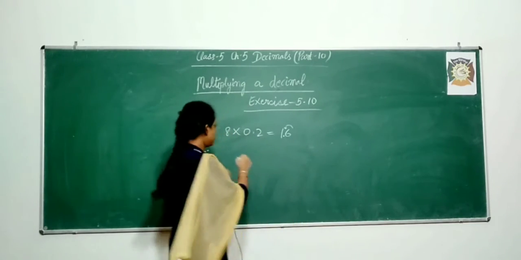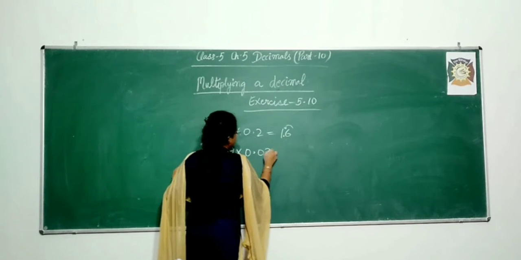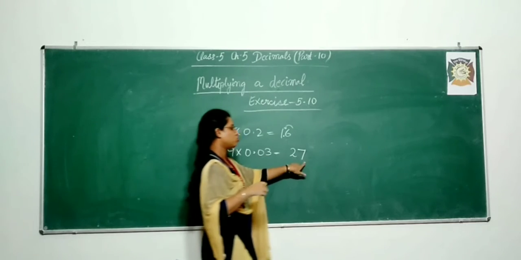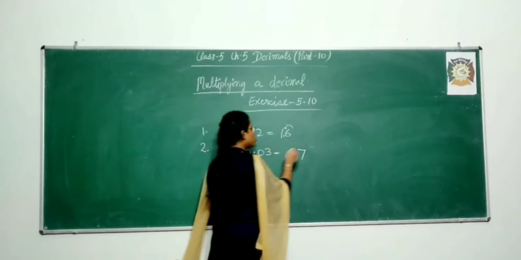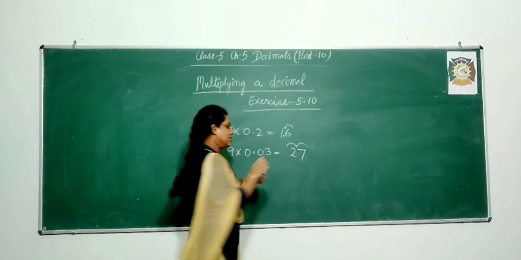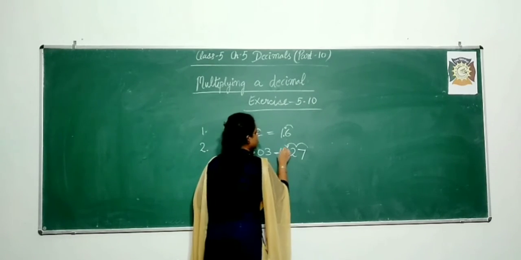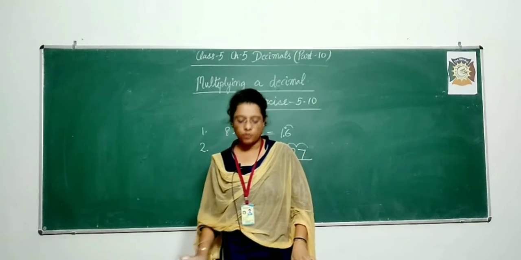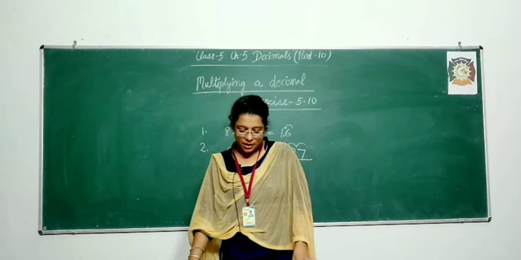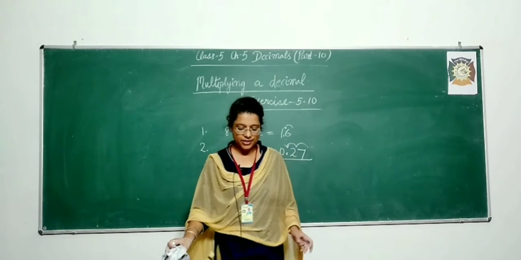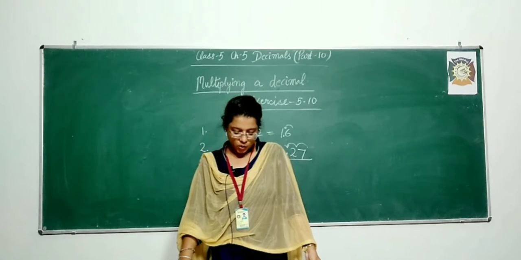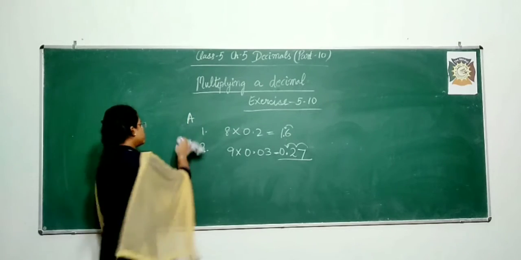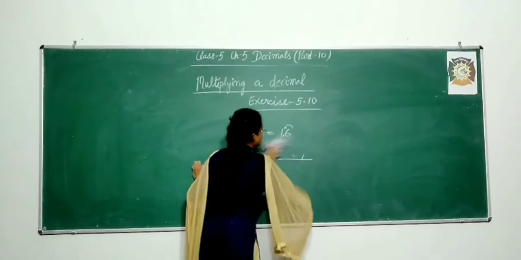Okay. Let's do some more parts. It is 9 into 0.03 equal to 27. Since there are 2 decimal places in the question, in the answer also you will make a 2 decimal place number, that is you will move 2 positions from the right, and you will place a decimal point here, so it will become 0.27. In a similar manner you are going to do the rest of the parts of this question. In B part you have to find the product, and in C part again you have to multiply. So I am going to do some parts of this question. This was part A. Now let's move to parts B and C.